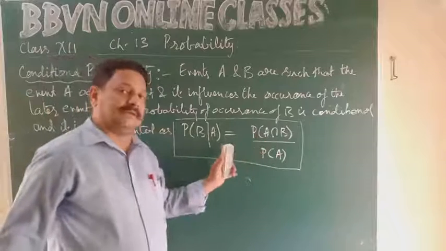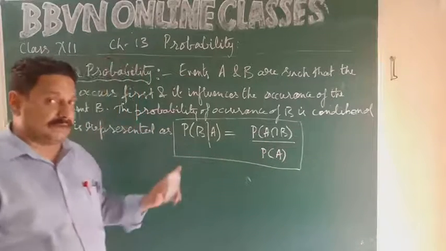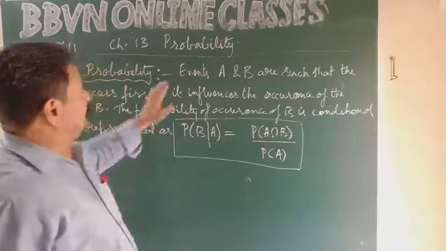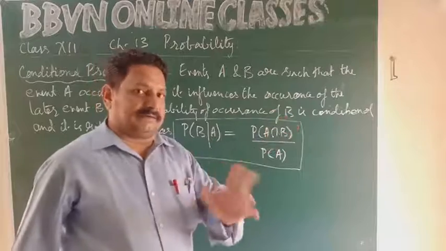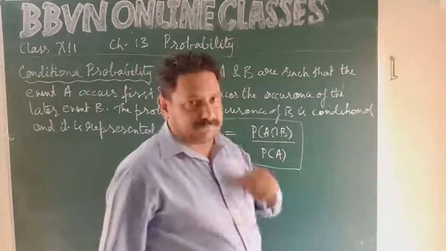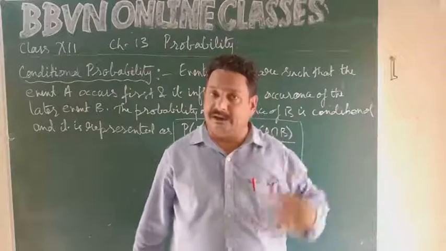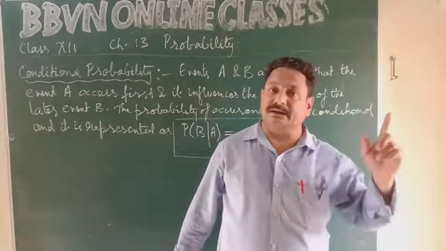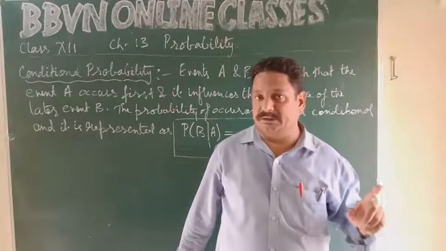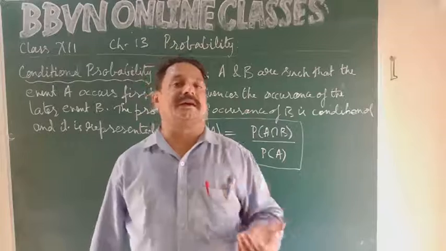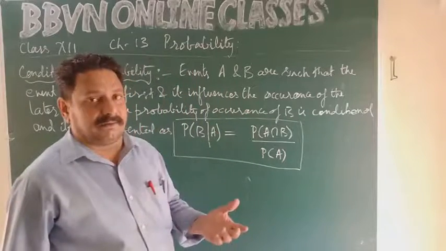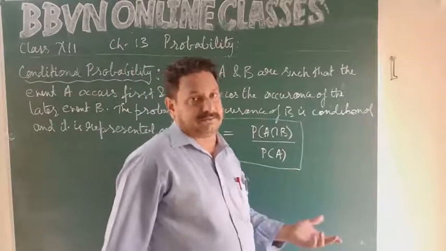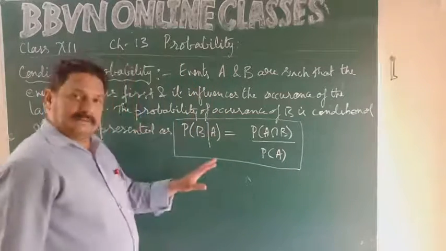Everything can be derived from the information that is given in the question. So once again I will repeat the definition, then we will understand it better with the help of an example. Two events A and B, such that event A occurs first and event B occurs later. This event A which has occurred first is influencing the occurrence of the later event, it's influencing B. So the probability of B will be conditional. Condition is applicable whether A is happening or not, or if it is happening, to what extent it is influencing the occurrence of event B. Okay, right? You got it.